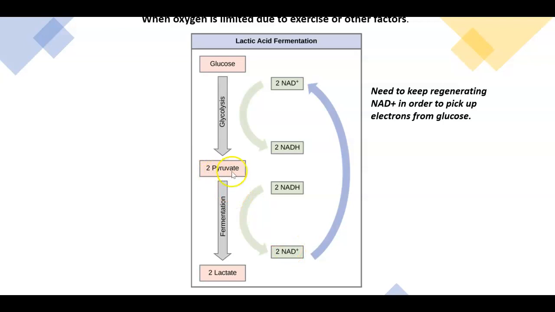And so to do that, we'll take a pyruvate, and the pyruvate will get converted again into something else called lactate. That frees up NAD plus, which can return to this glucose here, go through the process of glycolysis, extracting or oxidizing those different molecules until we have oxygen present that can then take these NADHs all the way into the mitochondria to do the oxidative phosphorylation. And that is the